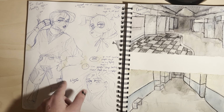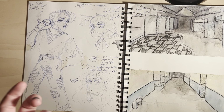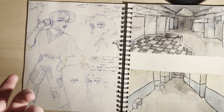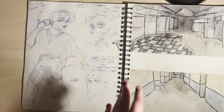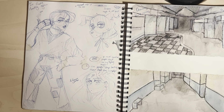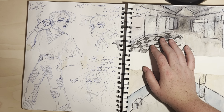So this one I based off the song Oh No. I don't know if that's actually the song name, but I believe it is, by Marina, because this was in my Marina and the Diamonds phase, which my music has drastically changed over the past couple years, but we got more Bond, and then